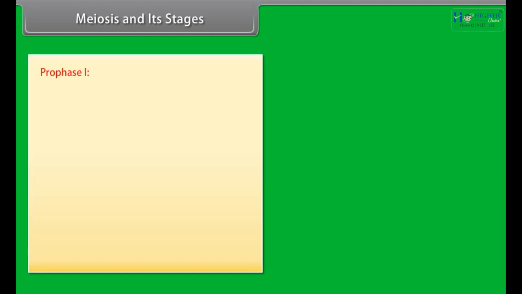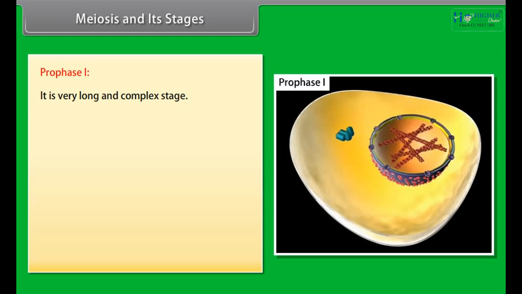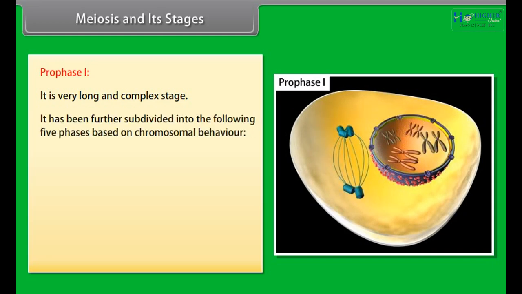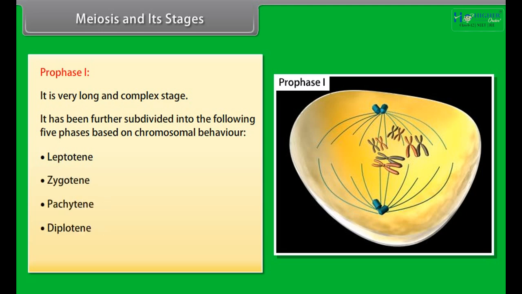The first stage of meiosis 1 is Prophase 1. It is very long and more complex in comparison to the prophase stage of mitosis. It has been further subdivided into the following 5 phases based on chromosomal behavior, that is leptotene, zygotene, pachytene, diplotene